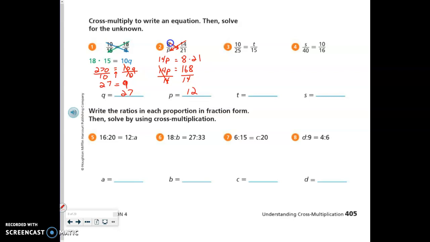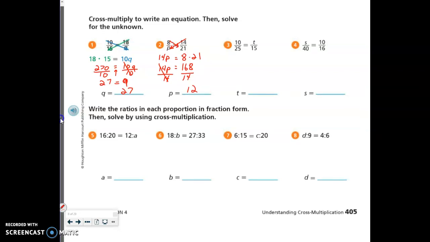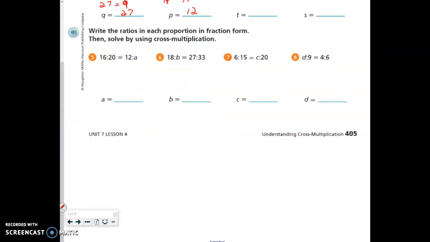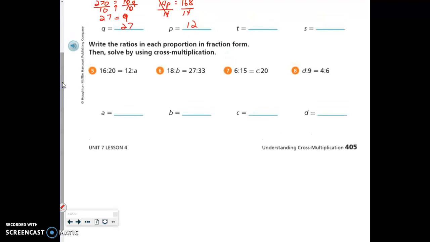Now, I can prove that by setting that up in the form of a factor puzzle and determining, does 12 fit where p is, and it does. That should end up in that same corner and make that a true statement. All right, so I've given you 2 examples here, so you're going to do 3 and 4 on your own. As soon as I show you how we can also use the other example that we've already worked with here, which is, how do I set it up when it is in a ratio format versus a fraction format,